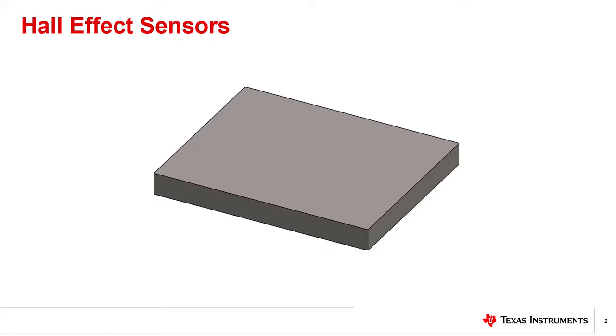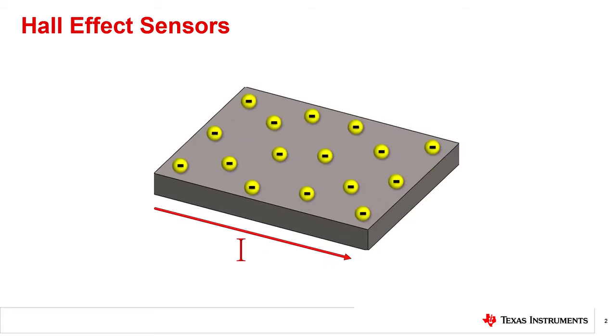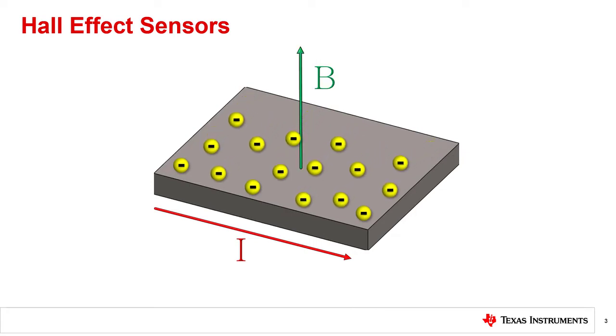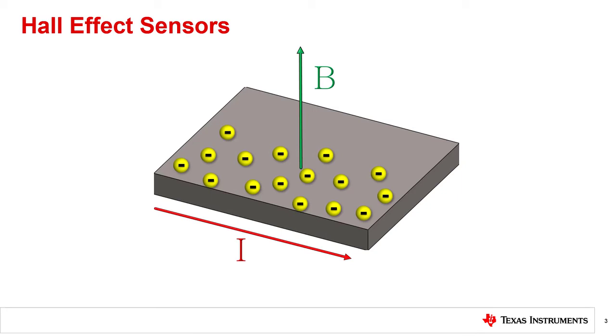Hall effect sensors are useful devices for tracking and monitoring the position of a magnet. Typically, these devices are offered with switched, latched, or linear outputs. Each type of device utilizes a Hall element, which is used to measure an applied magnetic field. The Hall element is excited by a current. Under normal conditions, the charge density through the conductor will disperse evenly. However, if we apply a magnetic field orthogonal to the element, then the applied field causes the electrons to crowd toward one side due to the Lorentz force.